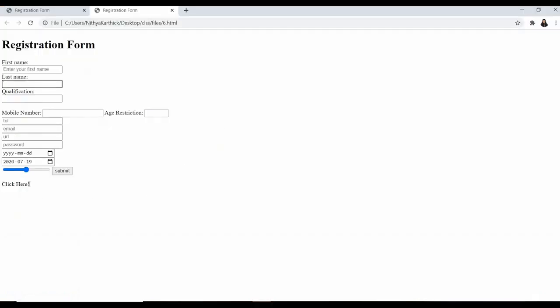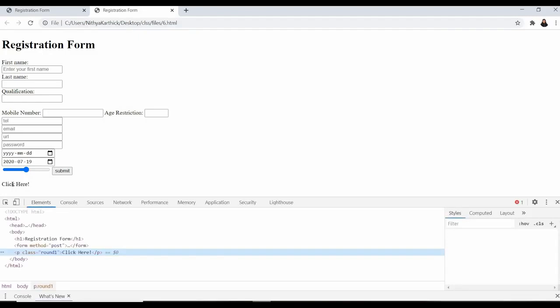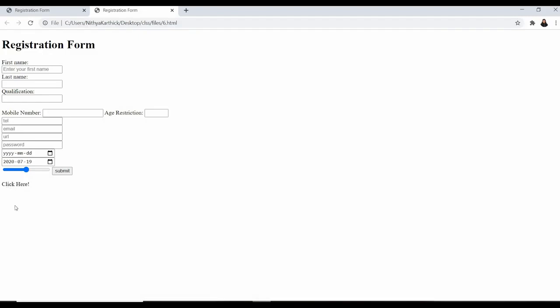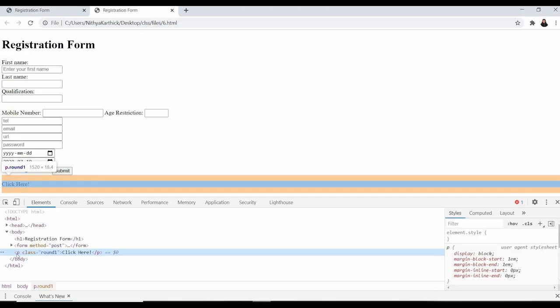Yes, so here we have this click here, but we didn't have the background color. For that I'm right clicking and inspecting. I'm placing my mouse pointer over the content because I want to check why this was not working, since I have given background color as green. Right click, inspect.